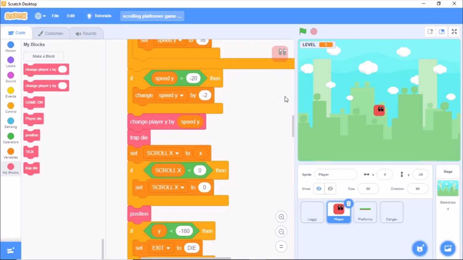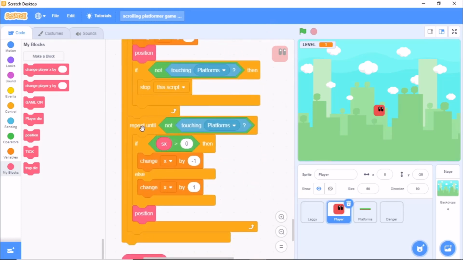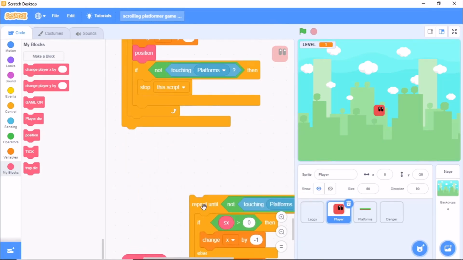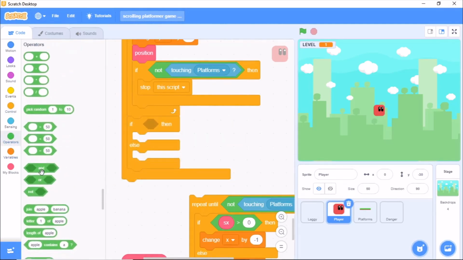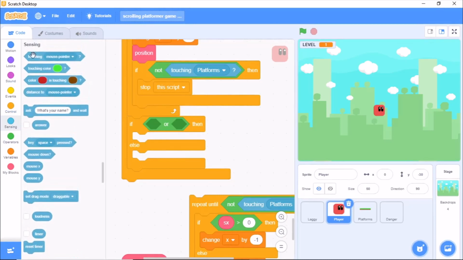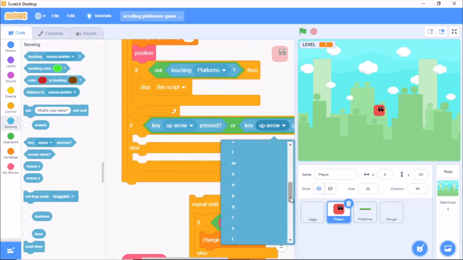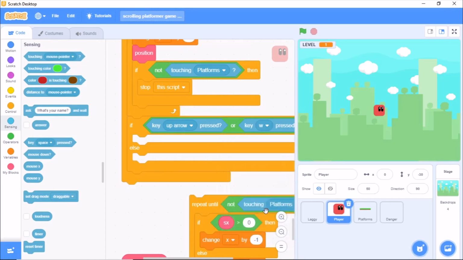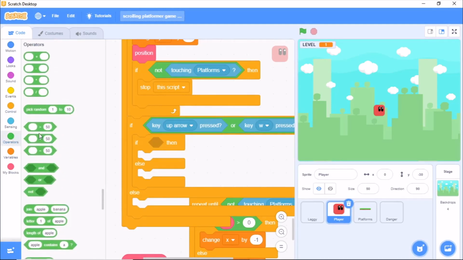So now I'll be showing you how to make your player wall jump. Change player X by SX and then grab out this block. Grab an if else statement, so if, grab or, key up arrow pressed, or key W pressed, grab another if else statement, so if speed X is greater than 0,